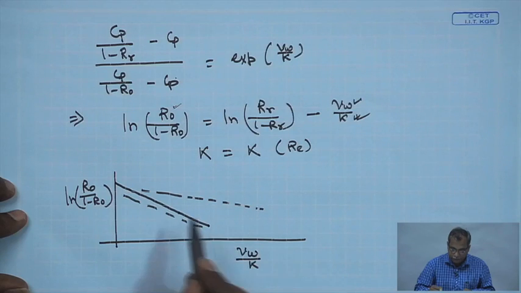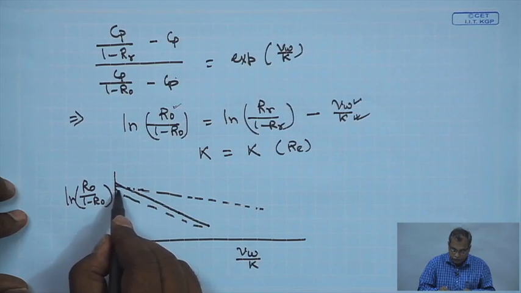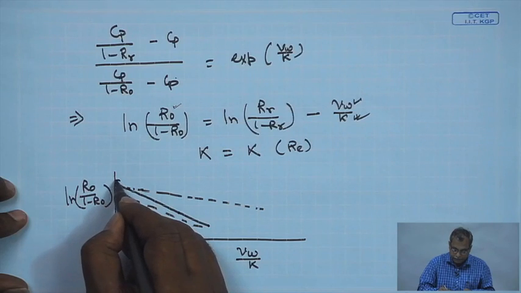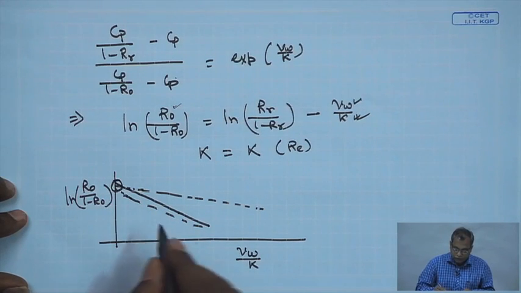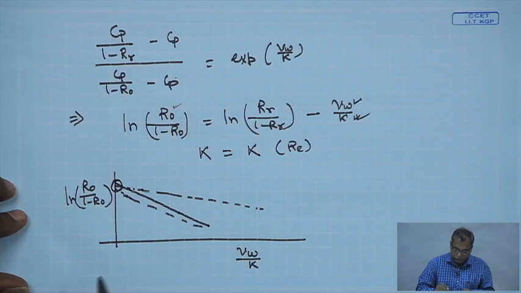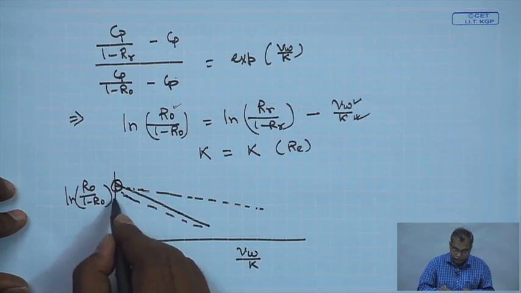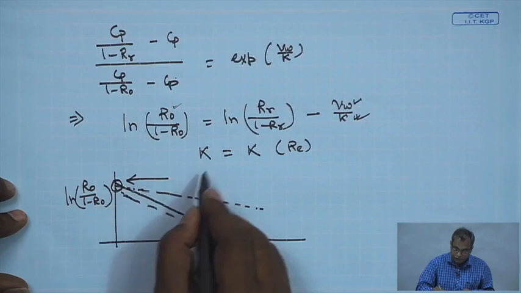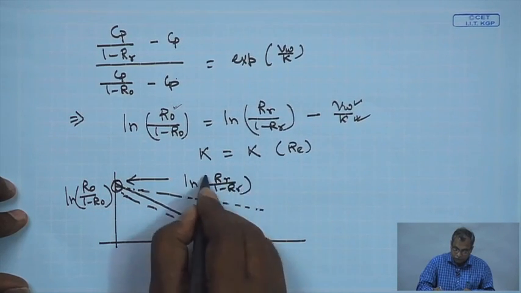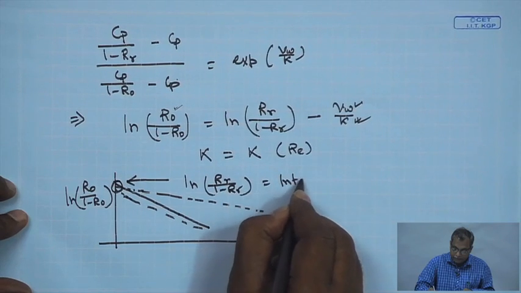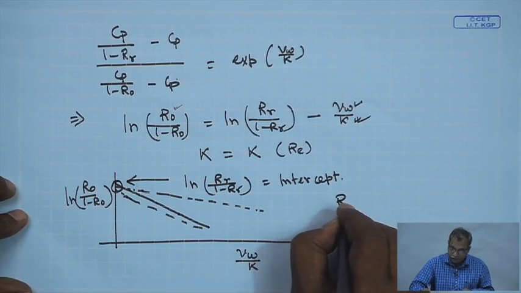Ultimately all these points will go to the intercept. This is for a particular k, and that is for another particular k. What is the intercept? The intercept is ln Rr by 1 minus Rr. So, rr can be